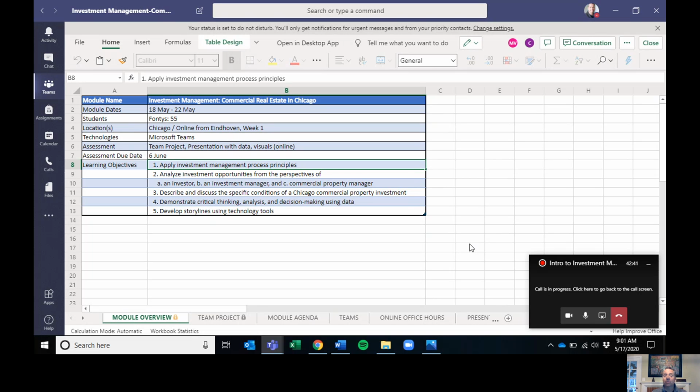Second thing that we're going to do is we're really going to focus on investment management from 3 different perspectives. The first perspective will be the idea of an investor, a high net worth individual with excess capital who is interested in participating in some type of high yield investment. In the middle, we'll have an investment manager.